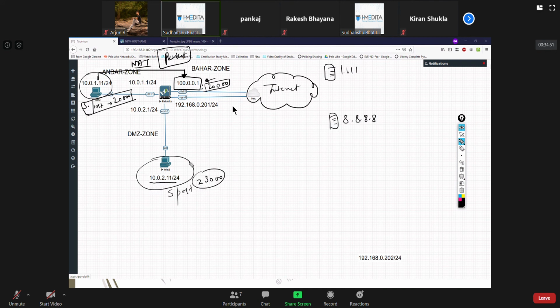Now, when traffic goes to Palo Alto, the IP will be translated from this source IP to this source IP, and the traffic goes out. Will the port change? No, the port remains unchanged. The port still remains 23,000 and the person goes out.